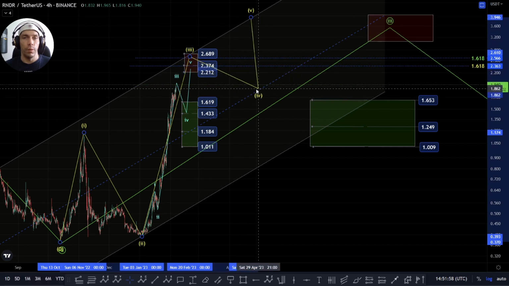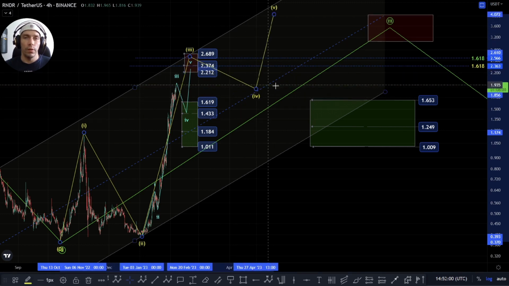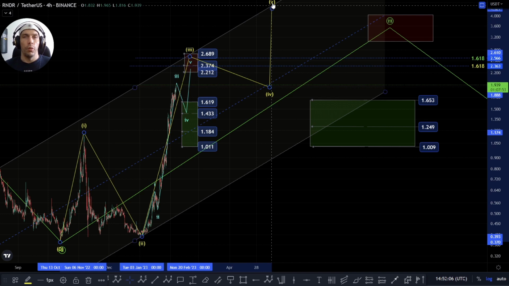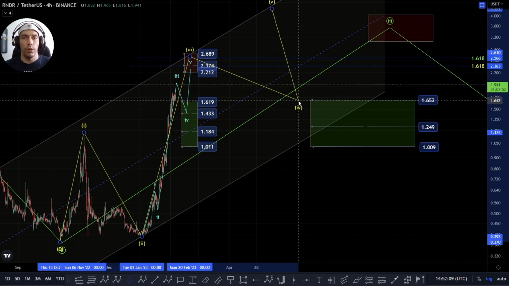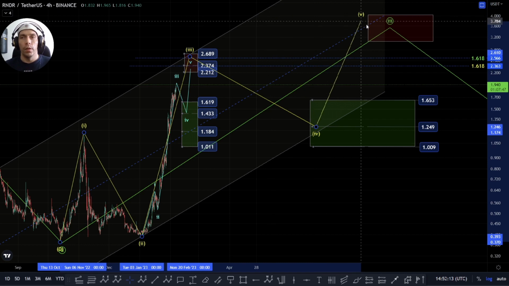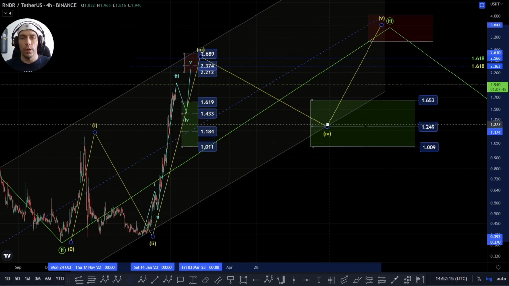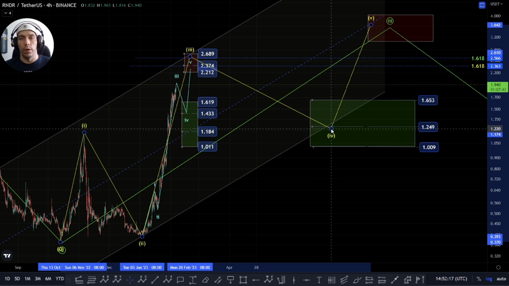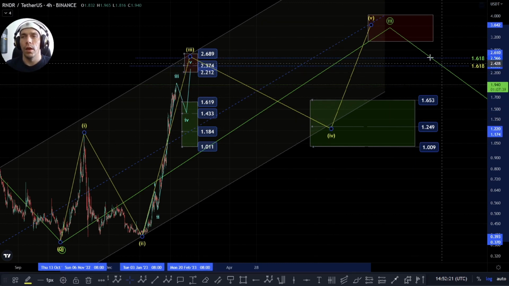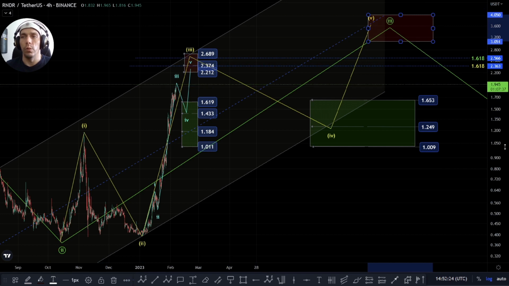But for as long as we stay above that, we could see a more sideways wave 4 here, where we actually look to move just sideways into this zone, and then we push up one more time for a fifth wave. If we do that, then effectively what we'd be looking for is the potential to move up. It depends how deep we go here. So this is just a support zone. We can't really give many targets off of this. I mean, roughly we could argue $4 to the